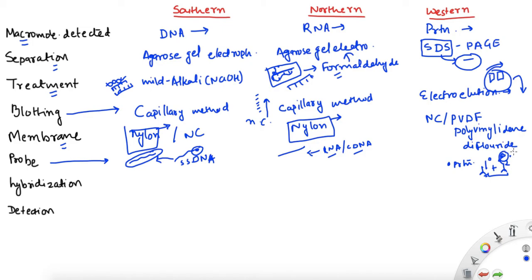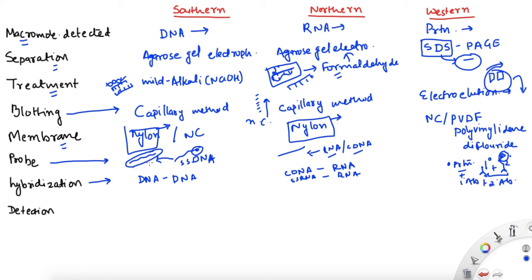Why, we have talked about it, but for now you remember, we use primary antibody followed by labeled secondary antibody. Now, in case of hybridization, as I said, in Southern blotting it is DNA hybridizing with the single stranded complementary DNA. So you have DNA binding with DNA. And in Northern blotting it is either complementary DNA with RNA, or you're using single stranded complementary RNA with RNA. And here in Western blotting it is your protein plus primary antibody plus secondary labeled antibody.